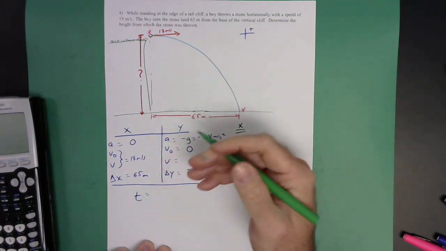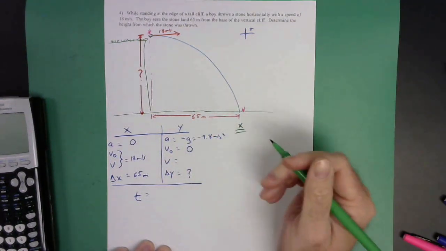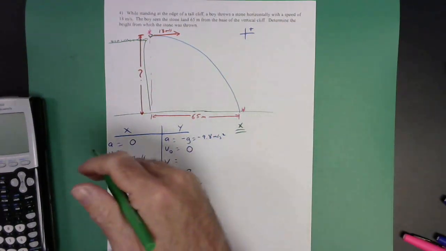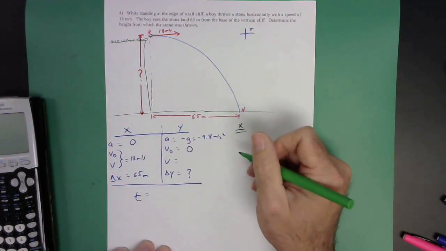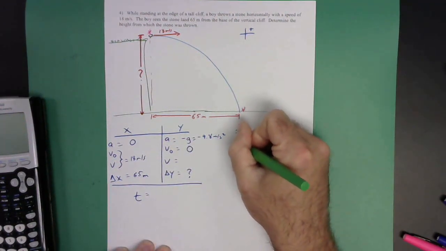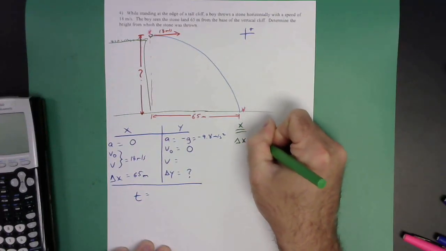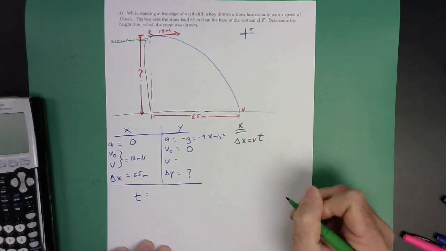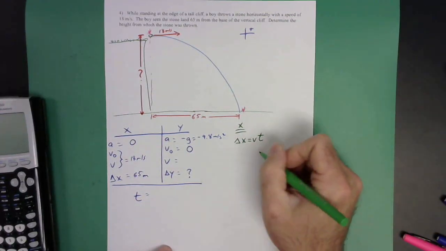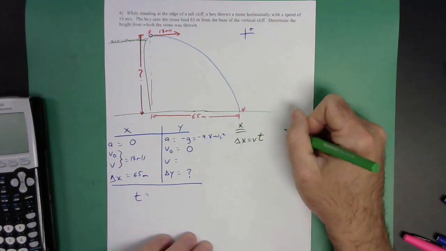So the horizontal axis, I need a formula. Well, we always use the same mathematical model for the horizontal motion. We know horizontally we're going constant velocity, and our formula for constant velocity is that the displacement is the velocity multiplied by the time. And you say, in the vertical axis,